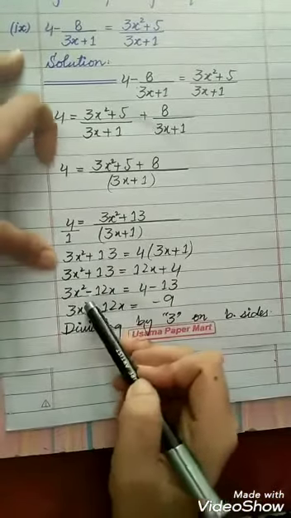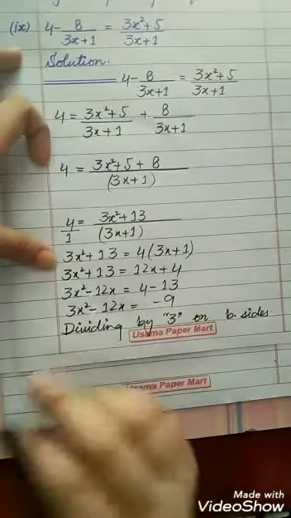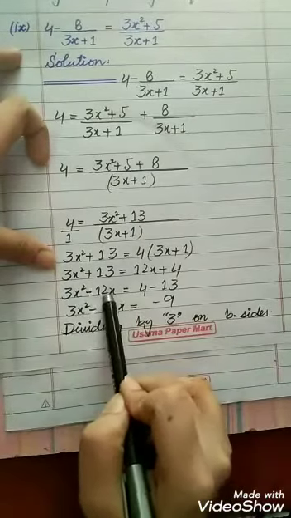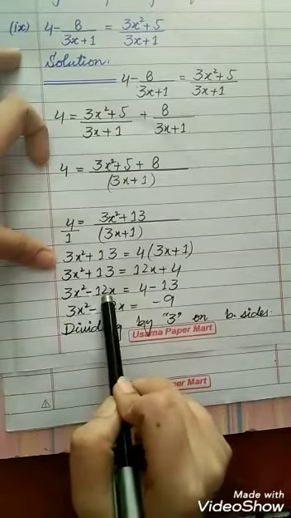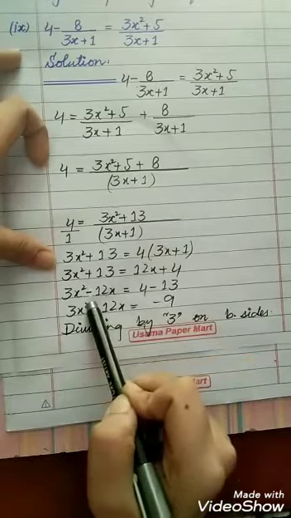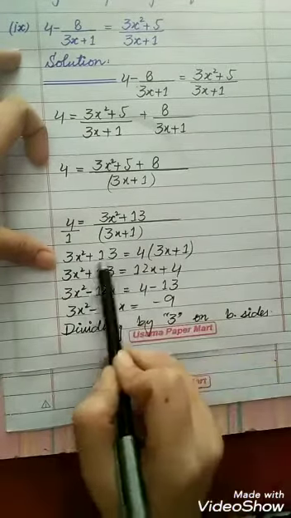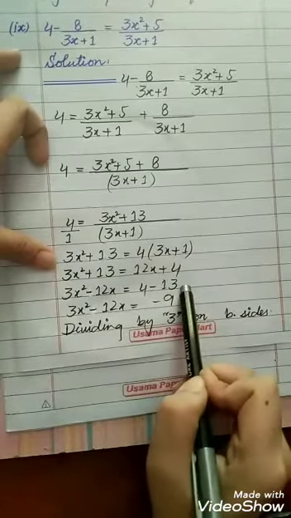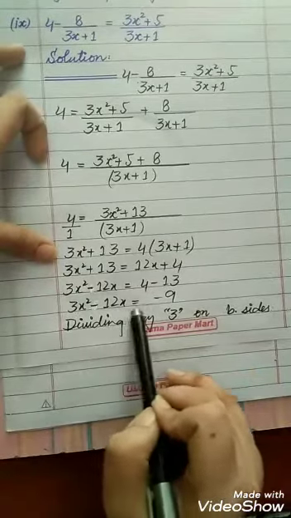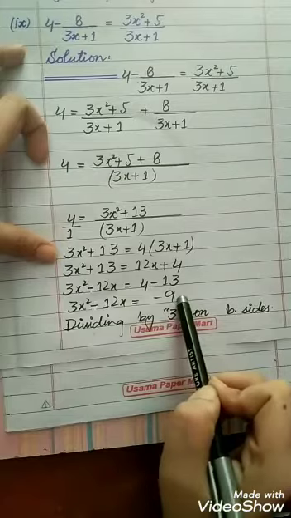What to do now? We have to take the constant on one side and the coefficients of the variables on the other side. This is the variable, and we will take this variable to the left side. So from the right side, that is 12x, here it will be negative 12x. Here it will remain the same as it is, 4, and we will take 13 from here to here. It is positive here, it will be negative here. So 3x square minus 12x is equal to minus 9, because after subtracting we got minus 9.